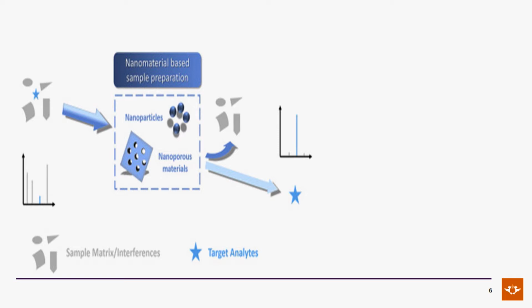Now, why sample preparation? Remember I said to you, if your sample preparation is not correct, you will always get a value. That value is either correct or incorrect. A good example is here. You see here is your sample. Imagine this as your water sample. Water contains other things, and you have an interest. Let's say you want to detect caffeine. Now let's say the star is the caffeine there. If now you want to detect caffeine,